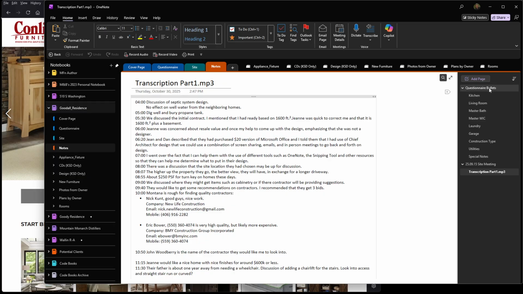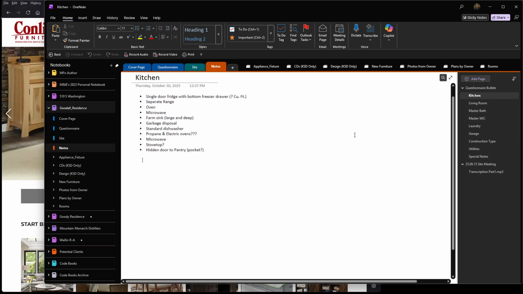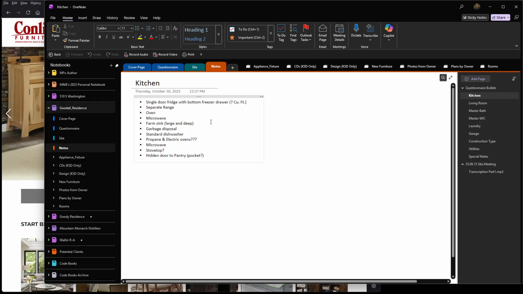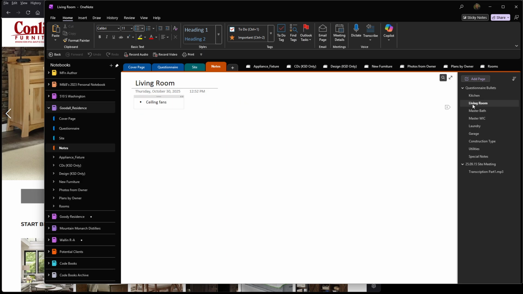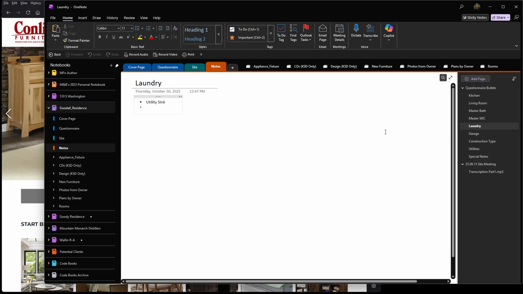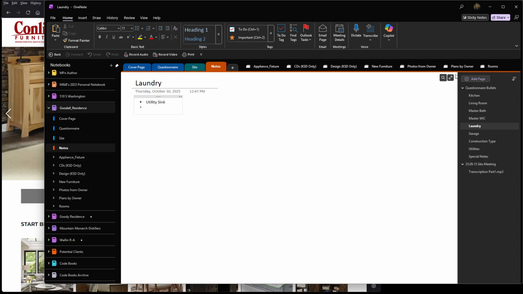And then we have questionnaire bullets, which has stuff on the kitchen, and there are places in here where I put in some question marks to help guide you with the information that I'm looking for. And then some of these are just notes that I've added to the different rooms, and this may not be the best place to keep them, but it's someplace, and we'll get a little more organized as we go along. So I do have rooms here, and these sections, and yours is going to look different unless we get you into the